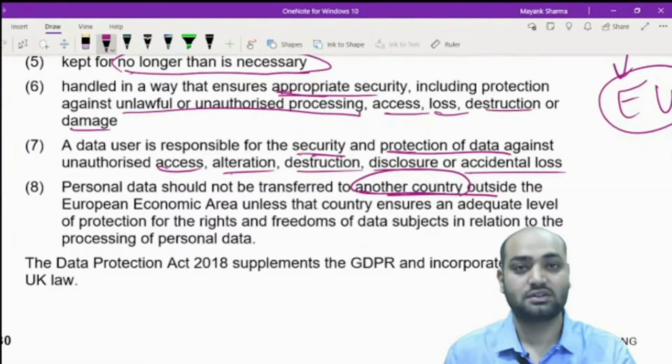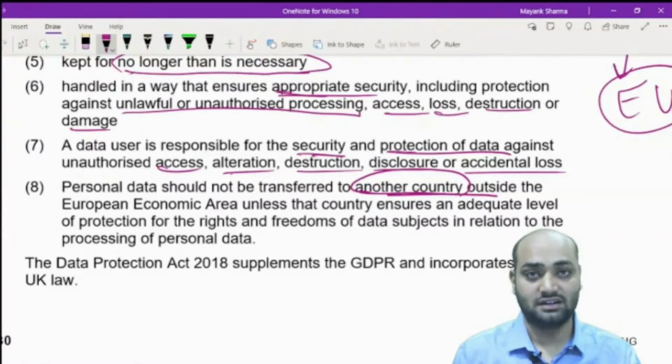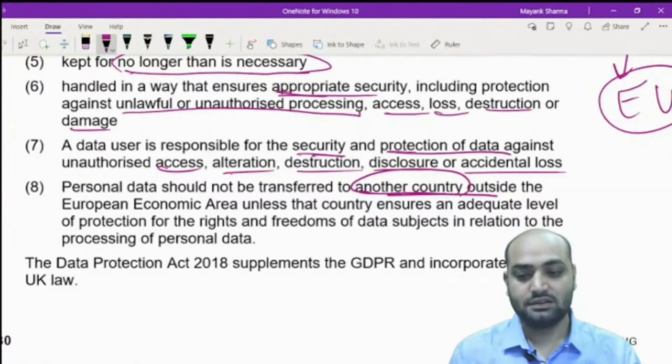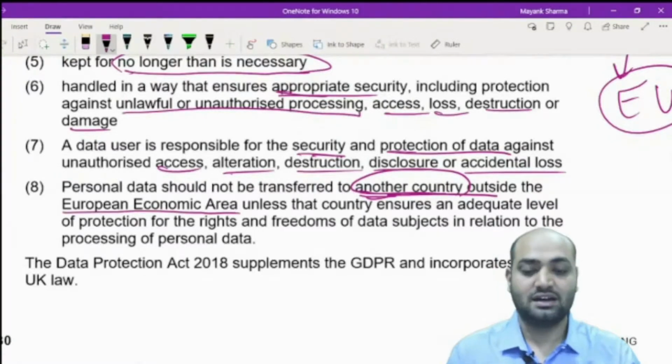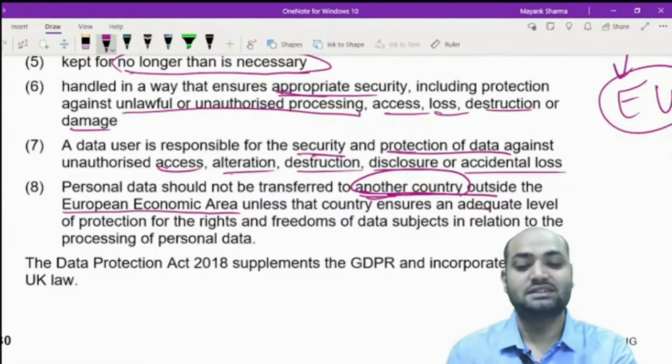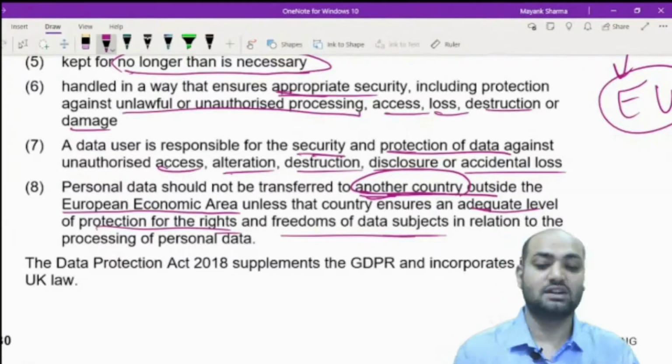So this is also important. Personal data about any person should not be transferred to another country unless that country also has legislations relating to security of data. So these should not be transferred to another country outside the European Economic Area unless that country enables an adequate level of protection for the rights and freedom of data subjects in relation to the processing